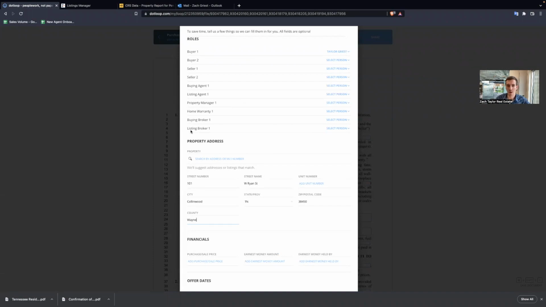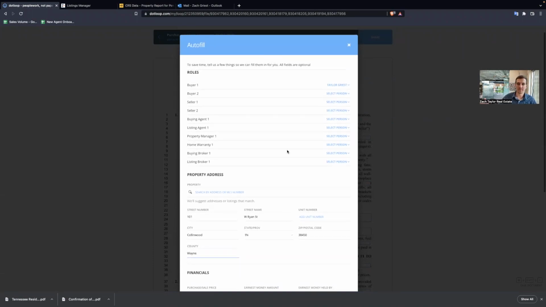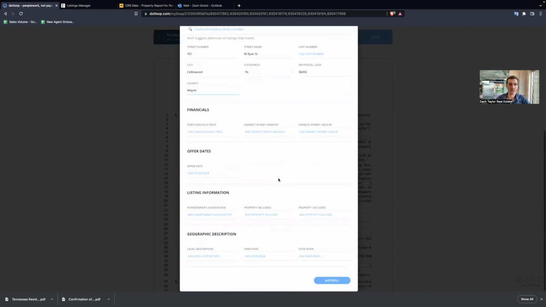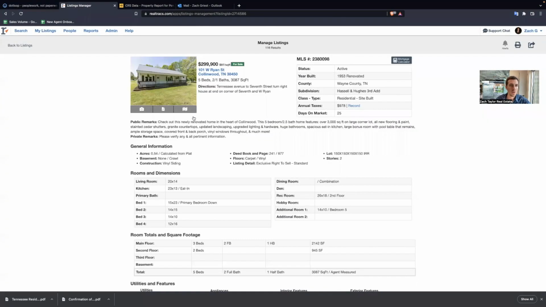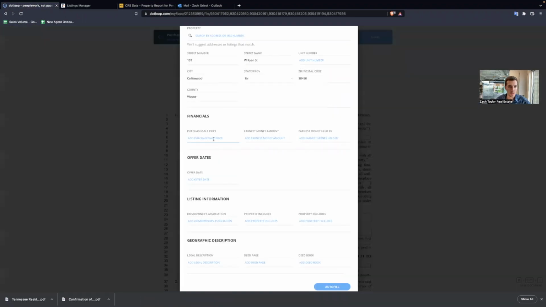And the reason I'm using this autofill is because I've opened up like 7 documents. So when I input the stuff in here, nothing is required, but the more I do, and when I hit autofill, it'll add that to all 7 documents at the same time. That way I don't have to type out 101 West Ryan Street 7 times. So I do that. What's the purchase price? We're going to say Taylor wants to go ahead and offer $295,123 on this property. Taylor said she wants to put down $3,000 in earnest money